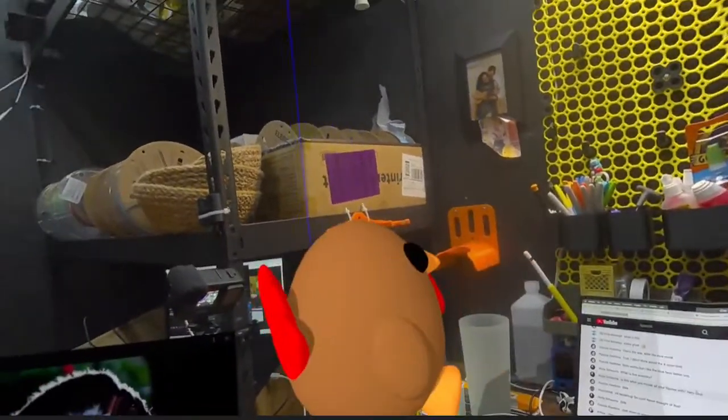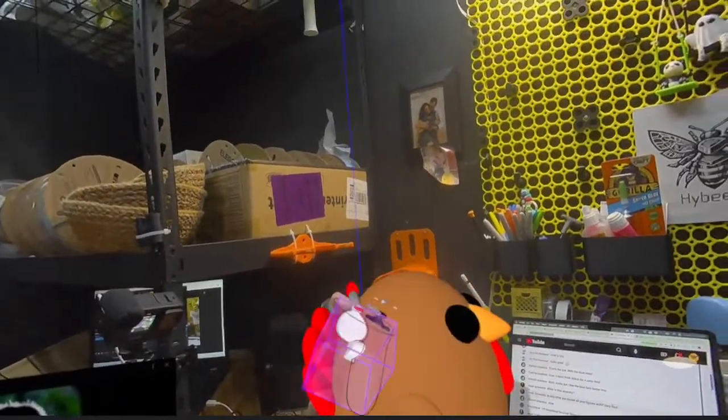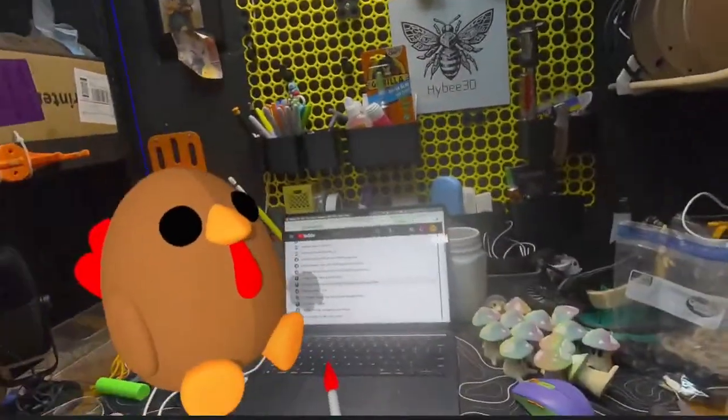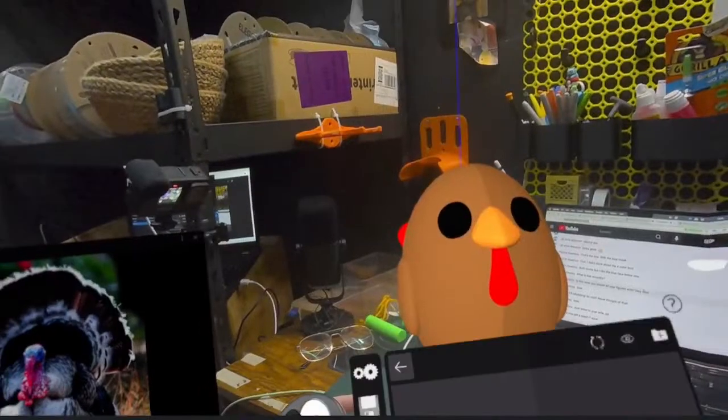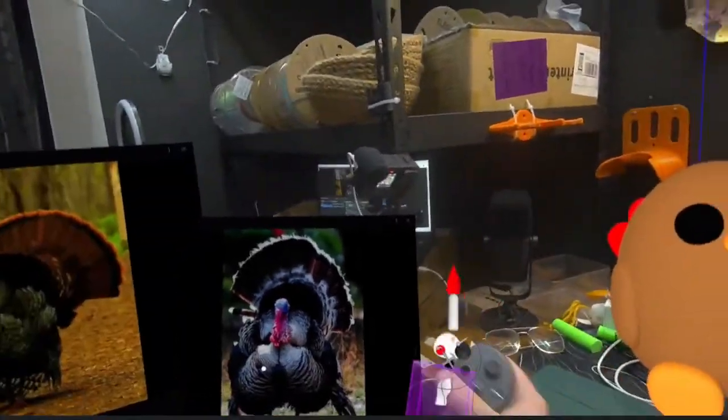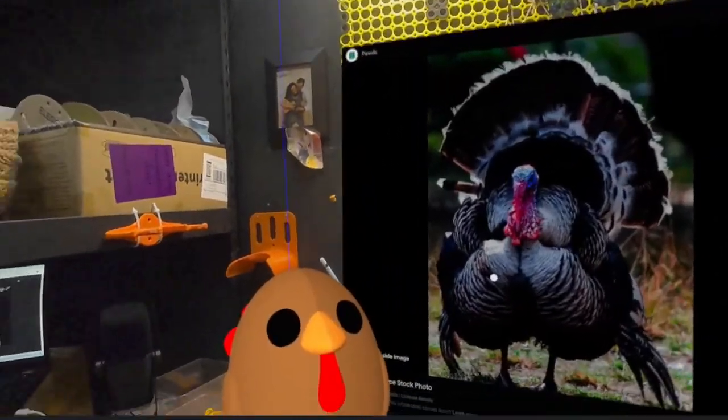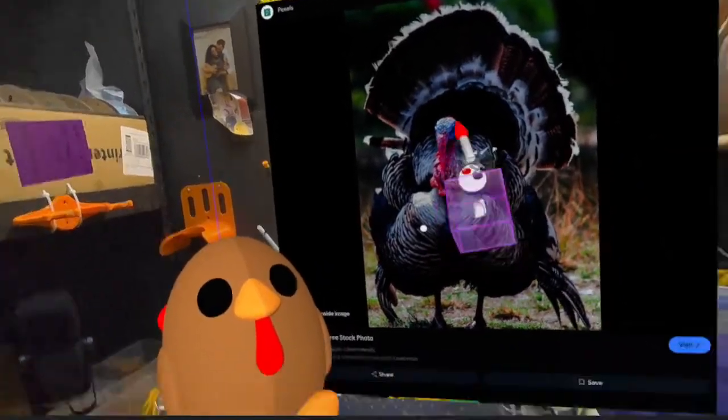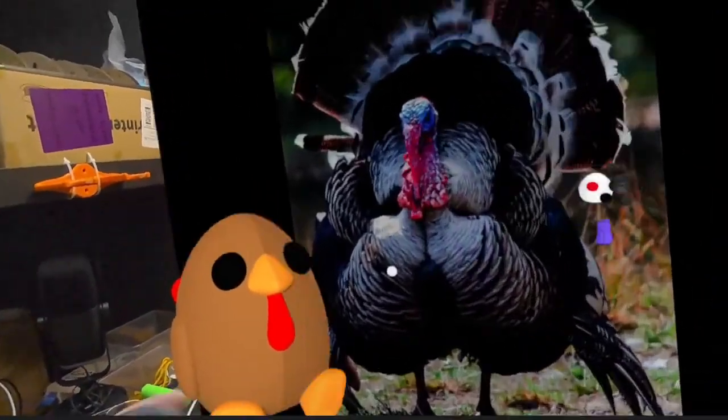Okay. I like that. I feel like it's just missing something on the top of his head, but I know that's just because the Chegan has a little mohawk. A real turkey looks like this, but he doesn't have a mohawk. He's just kind of got a bald head. You know?